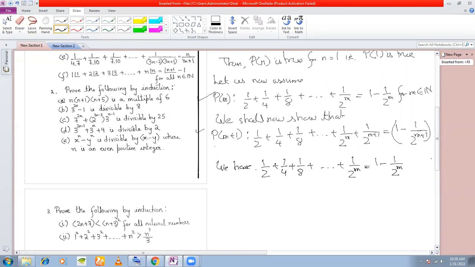Now if you compare Pm and Pm plus 1, this is the only extra term that is lacking in Pm, right? So we add this term to both sides. So adding 1 by 2 to the power of m plus 1 to both sides, right? We get